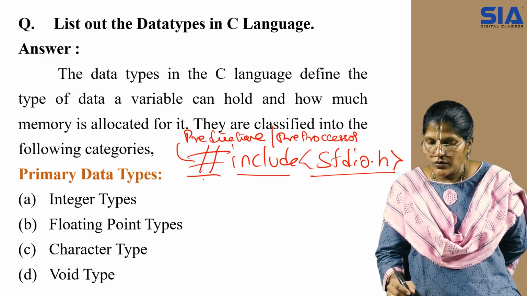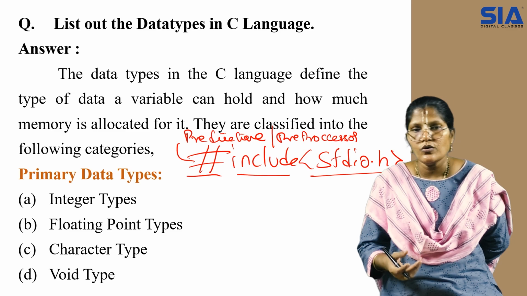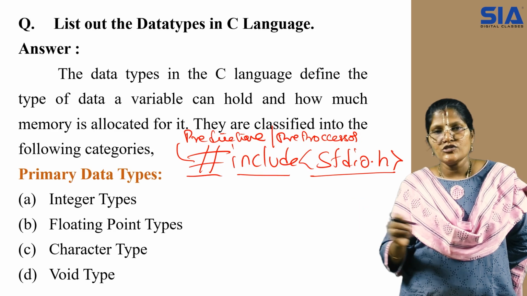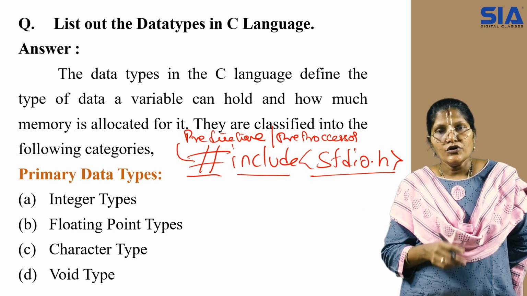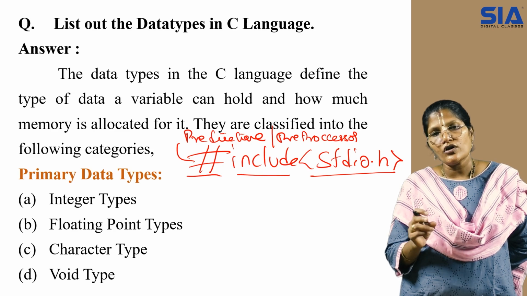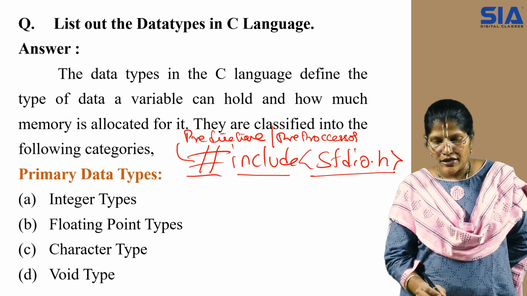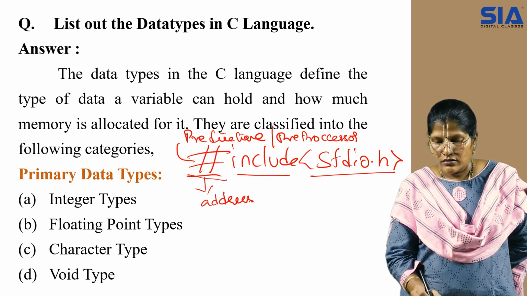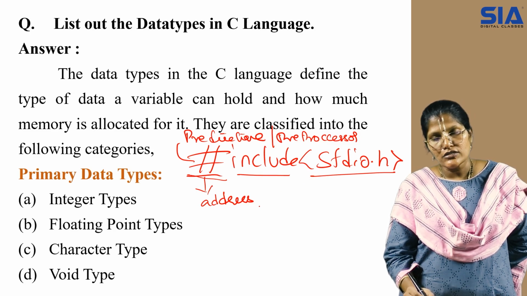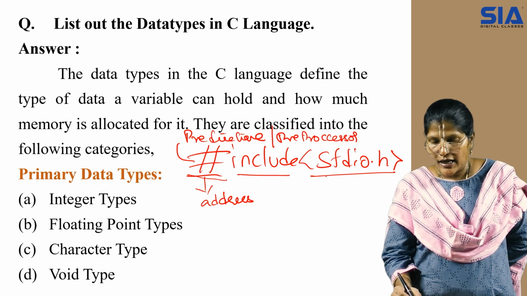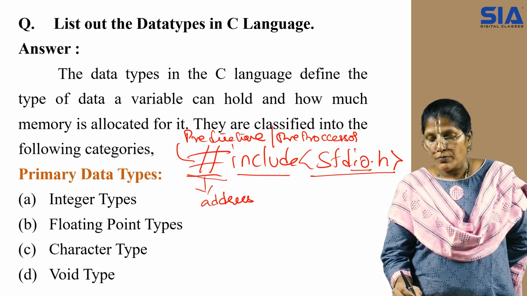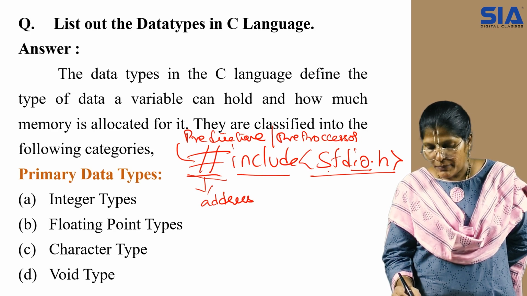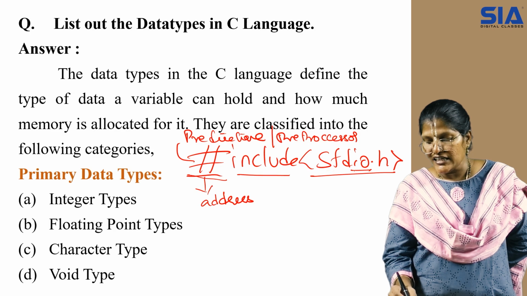For example, a person is given and you want to know his address. You can't go and shout in a busy street, saying XYZ. You need to know the exact address of the person in order to find them. Similarly, hash gives you the address location of the functions which help us work with IO functions. Because we are using standard input and output devices, we are given a particular header file, that is stdio.h.